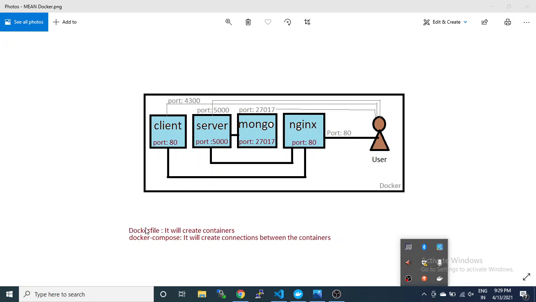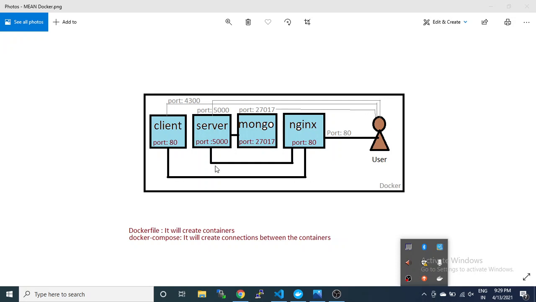For this we have to create two kinds of files: a Dockerfile and a Docker Compose file. We will create a Dockerfile for each container and a Docker Compose file for all the connections.